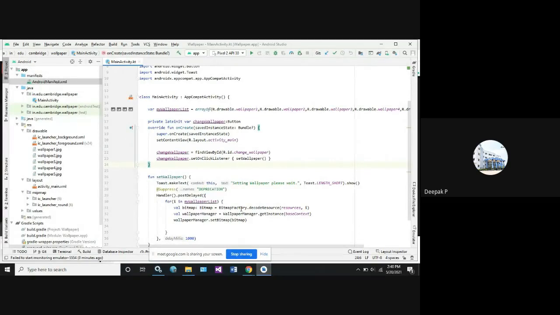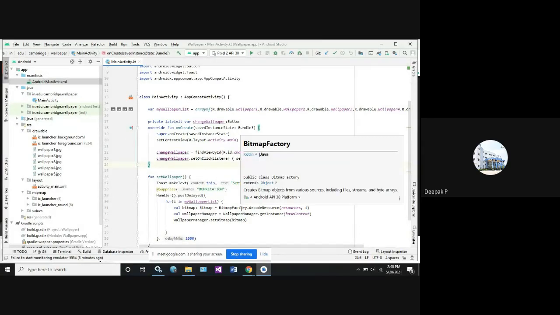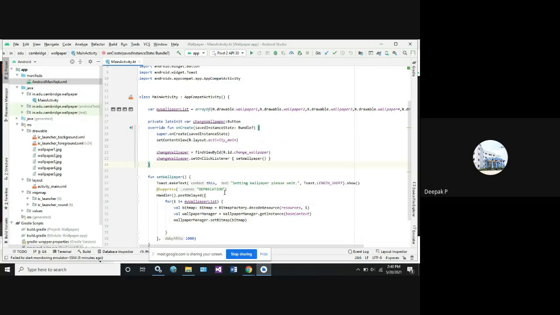What is the use of the this keyword in Java? What does the keyword this refer to in Java?